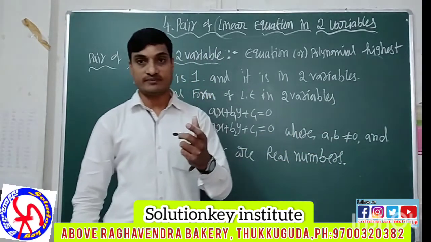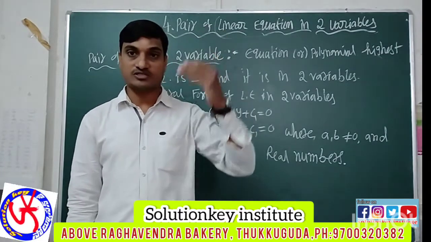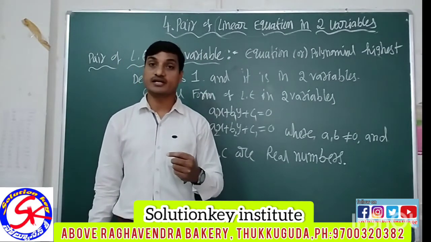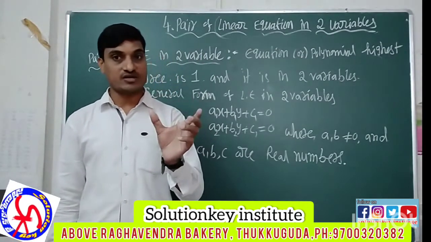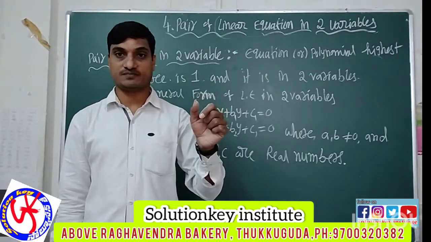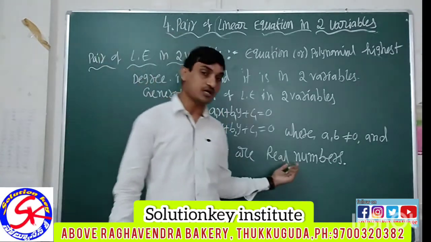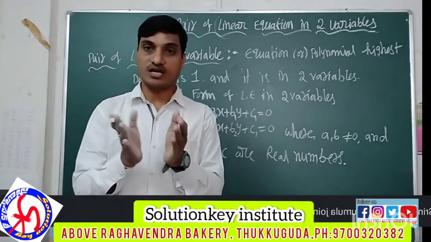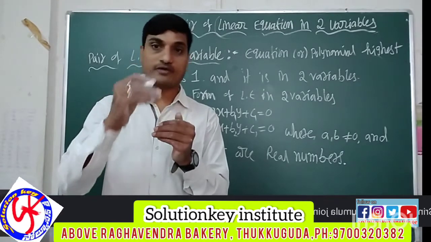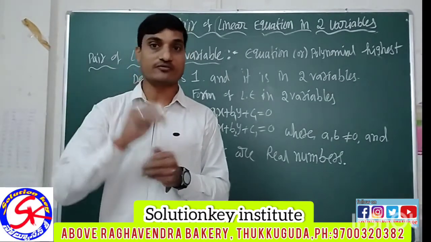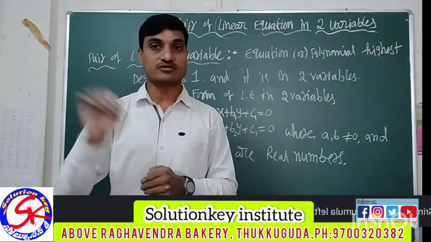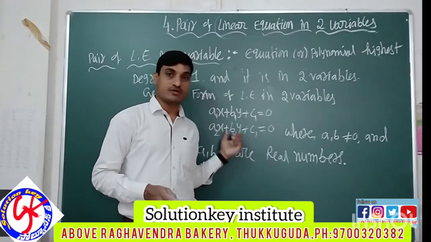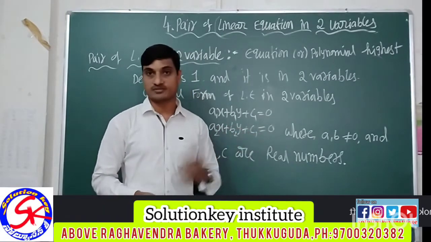What is the meaning of real numbers? It is the first chapter, not only in 10th class, it is in 9th class also. That is real numbers. What is real numbers? Collection of rational and irrational numbers are called real numbers. It is in decimal form or in p by q form, and square root values. Irrational numbers means square roots also, root 2, root 3, like that, any values of a, b, c here, but x and y are variables.